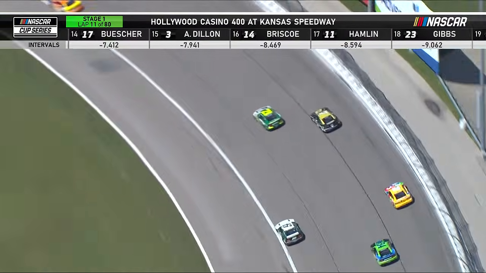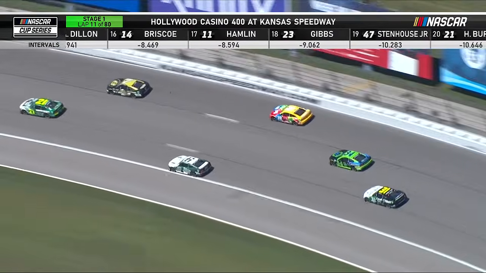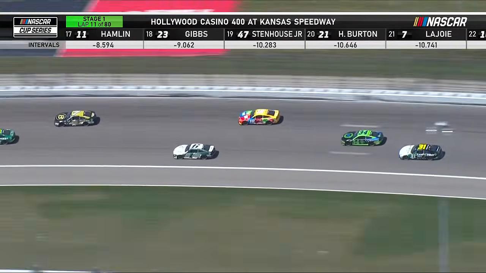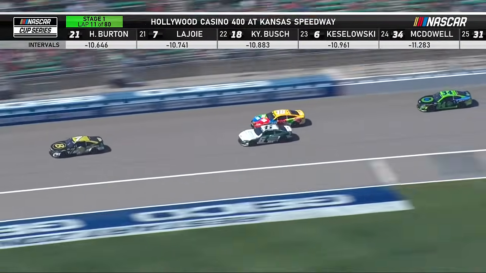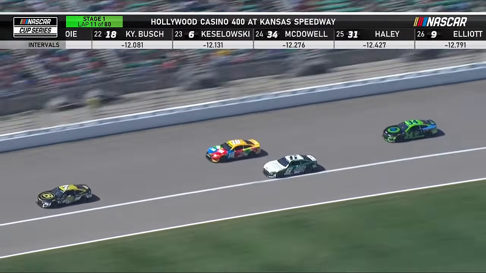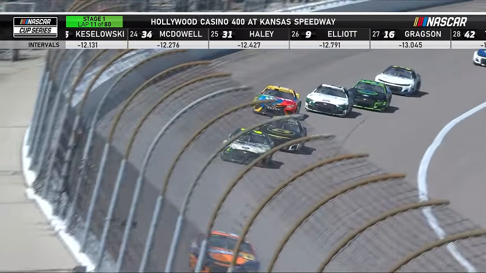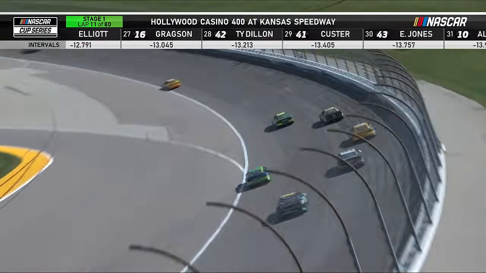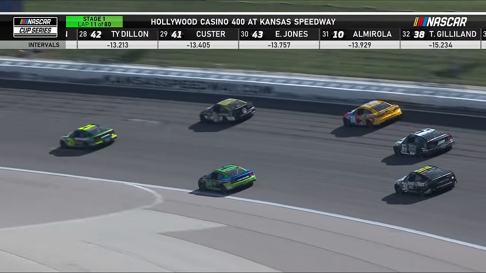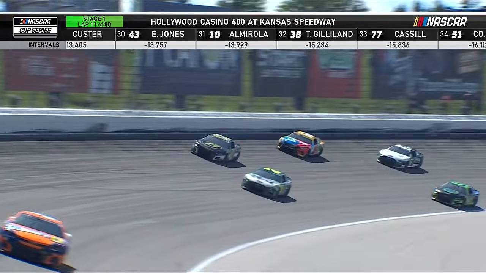Try to rebuild that momentum here now in turn 3 and 4, right against the wall. Watch this run he gets off the corner on Keselowski. Drives right back by the 6 car. Brad didn't go up there to block that 18 run. Parker. Well, guys, as we watch this 18 of Kyle Busch sort of rebound here in positions on lap 11 of this run,